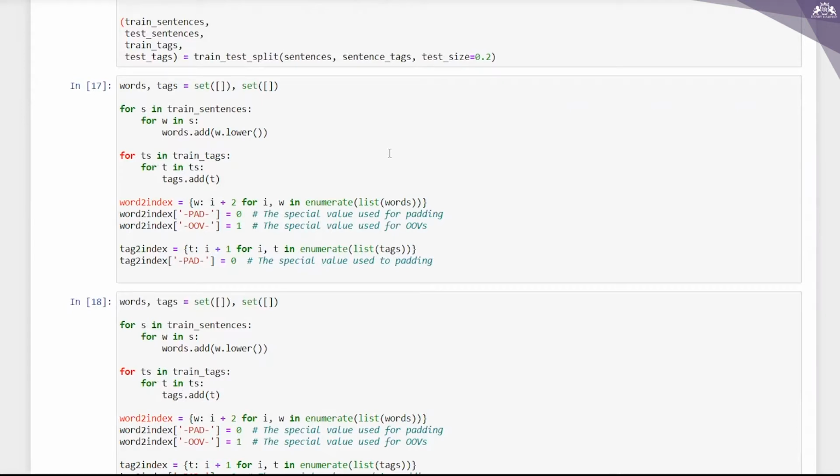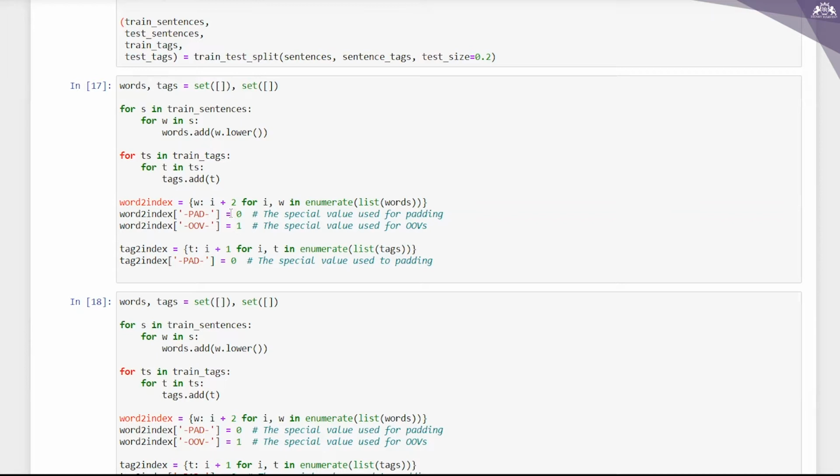So let's assign a unique integer to each word and a unique integer to each tag. We compute the set of unique words and tags, transform them into a list, and index them in a dictionary. These dictionaries are the word vocabulary and the tag vocabulary.